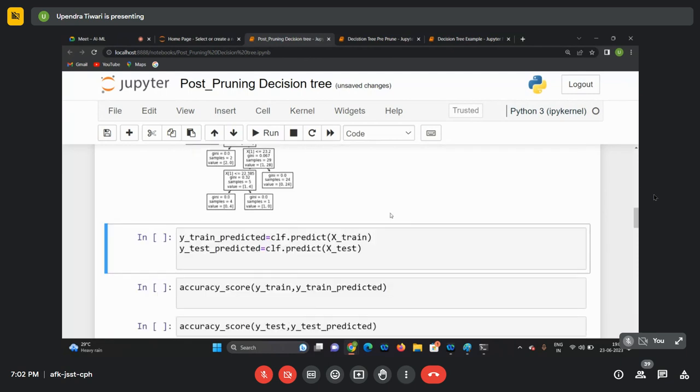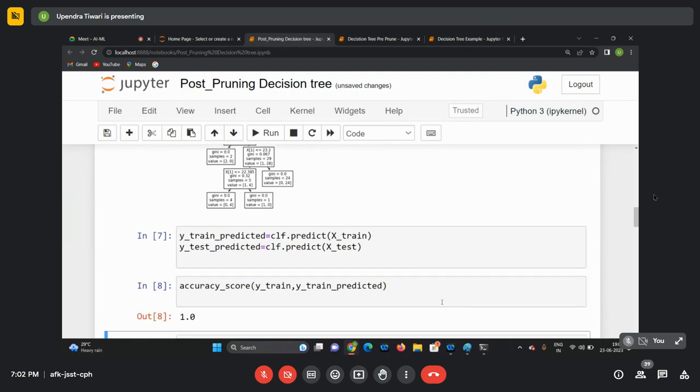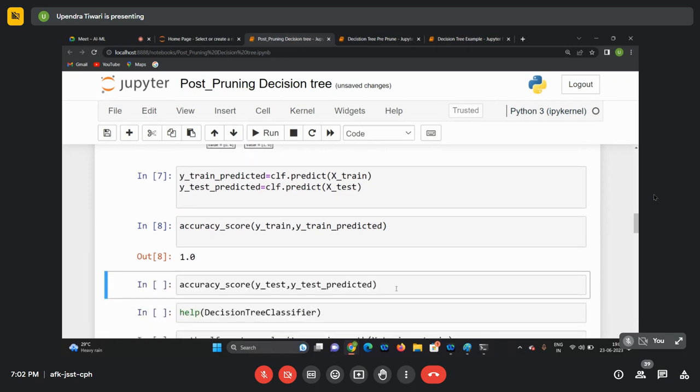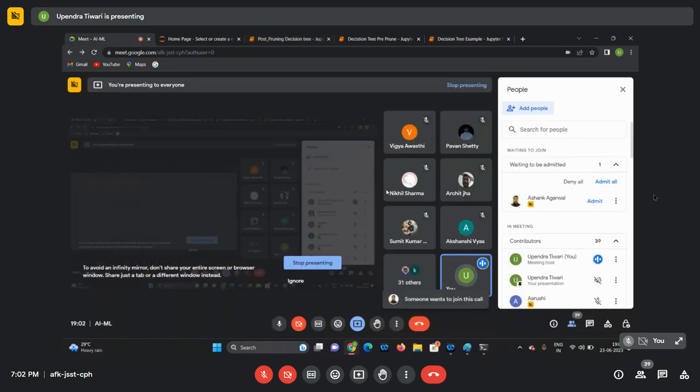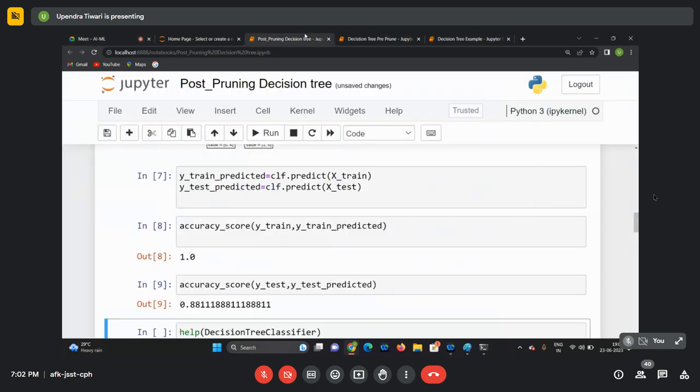Now, let me do prediction on the train and test. On the basis of that, if you see the accuracy score of the train data, it is 100%. The moment you are getting 100% accuracy, it means your model is overfitted. So what we will do,